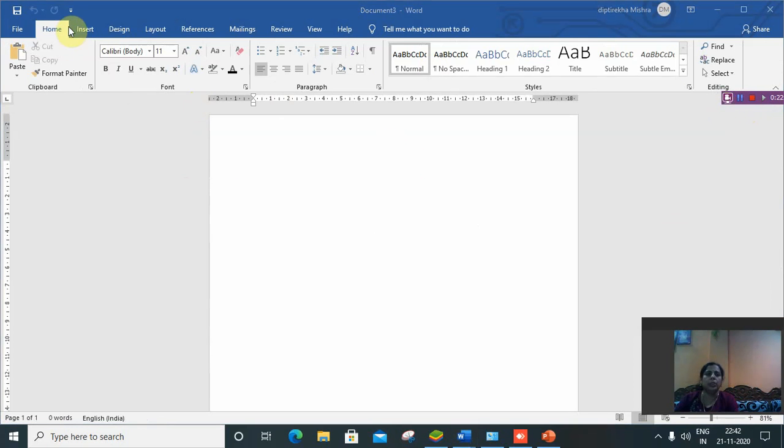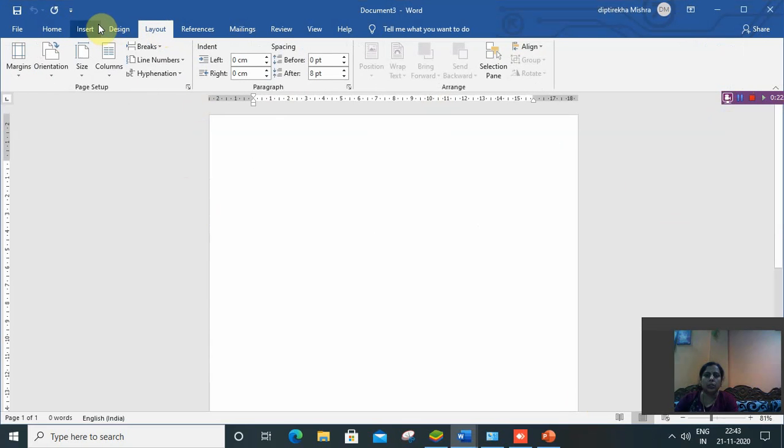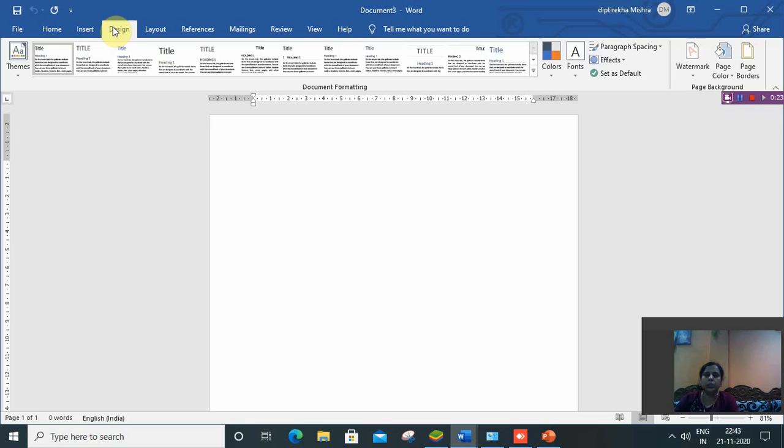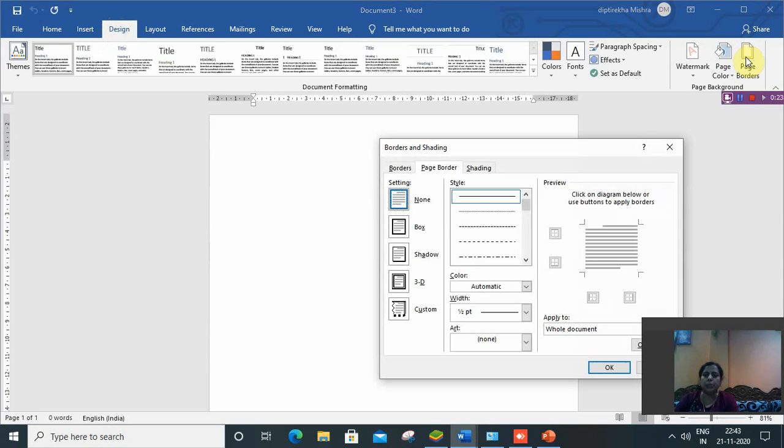So to insert, the next question is to give the page border. To give a page border, go to the design tab, and from the design tab select the page border option.